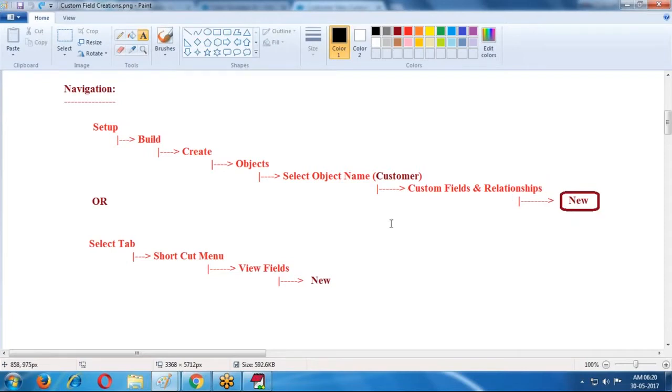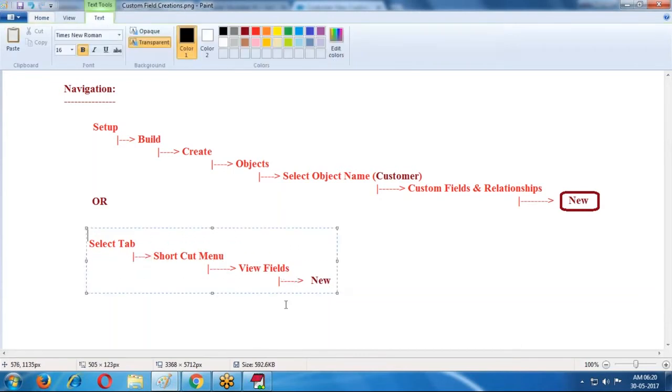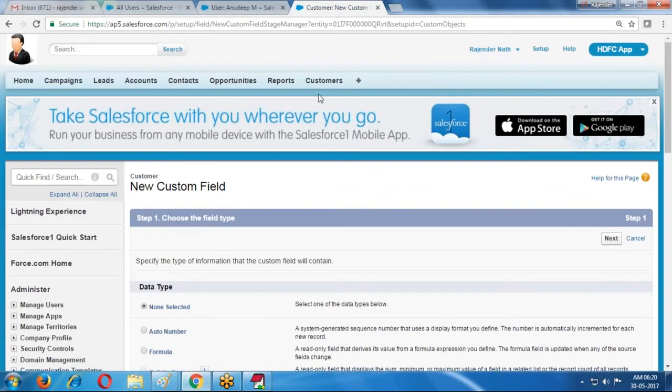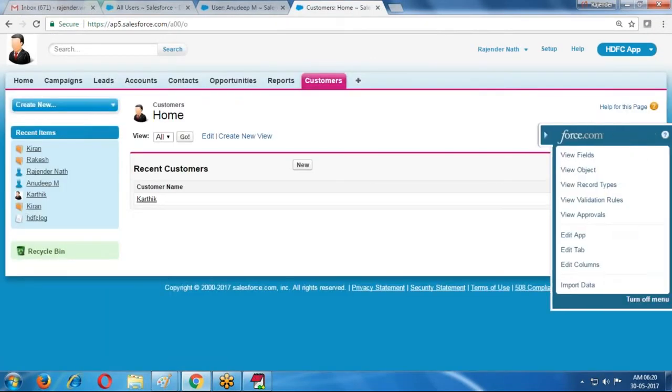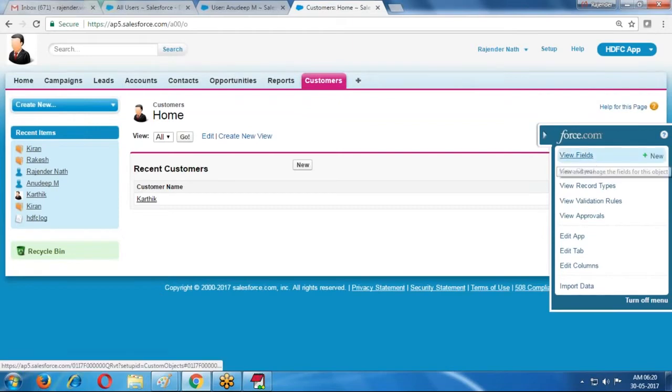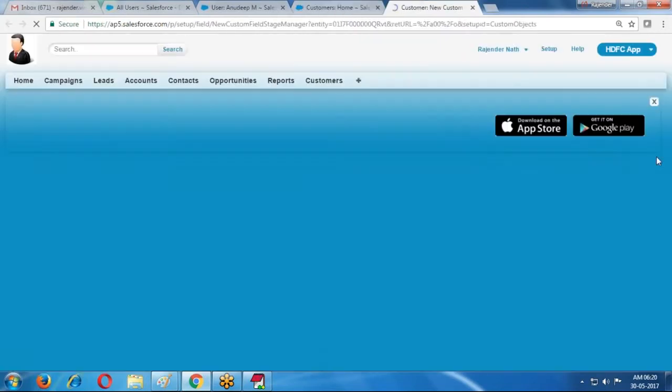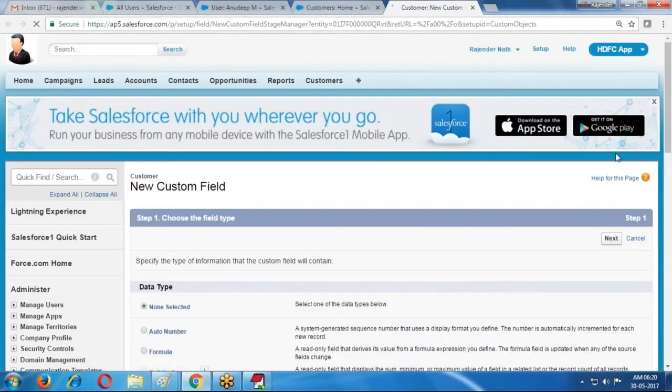This is a lengthy process. Instead of that, select tab, shortcut menu, view fields, in that new. Just click the customer. In the customer shortcut menu, view fields, directly select the new button. If I click the new button, then it displays the field creation beginning here. From this we are creating the field.